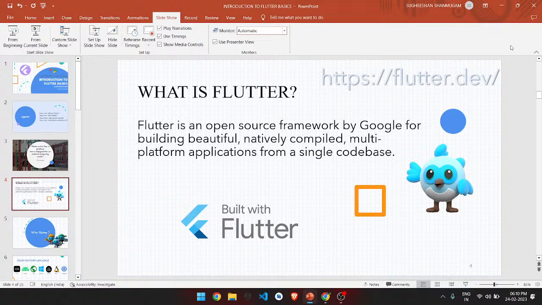The full screen view wasn't compatible in this software, so there was a slight issue in it. So we continued the same view.